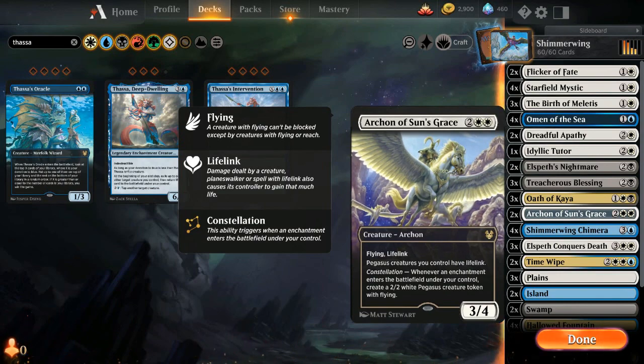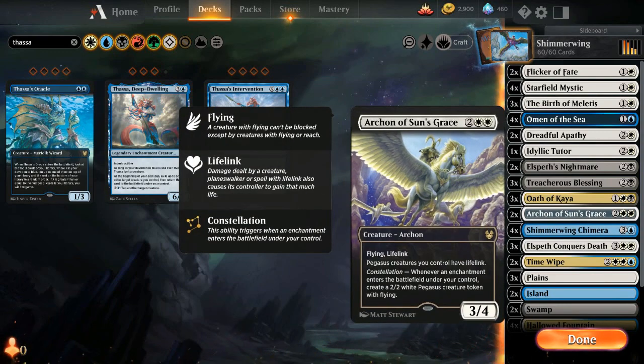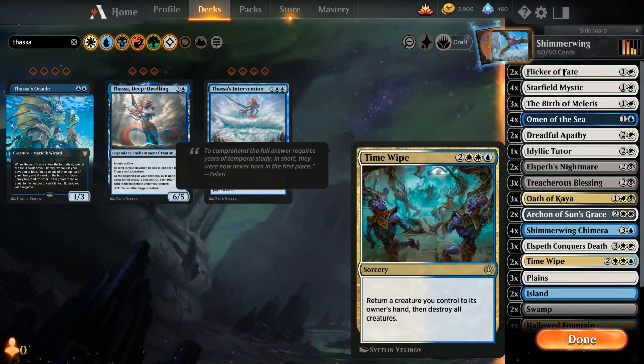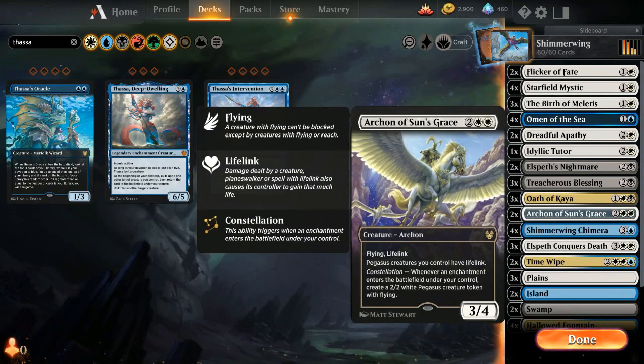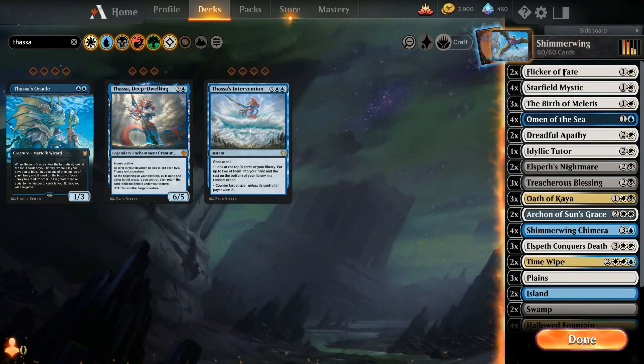I know it's not very good with the Time Wipe, but you know, maybe you'll just turn 4 Archon of Sun's Grace to block something, turn 5 Time Wipe, reset the board, and then replay Archon on turn 6 or something. But if you've already got a board full of 2/2 Pegasi, yeah, Time Wipe doesn't look great, but I think it's worth the risk. Archon is just such a ridiculous card, especially in the aggro matchups that I feel like we might have a problem with. But I guess the only other thing I want to talk about is just in the sideboard,